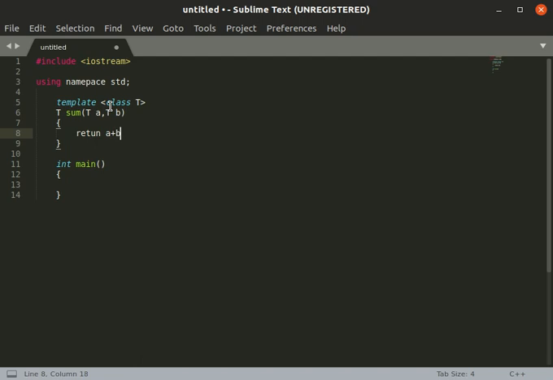What this will do is take input of any kind of data type which we send during runtime, add those two values, and return that type of value which we have given at runtime.